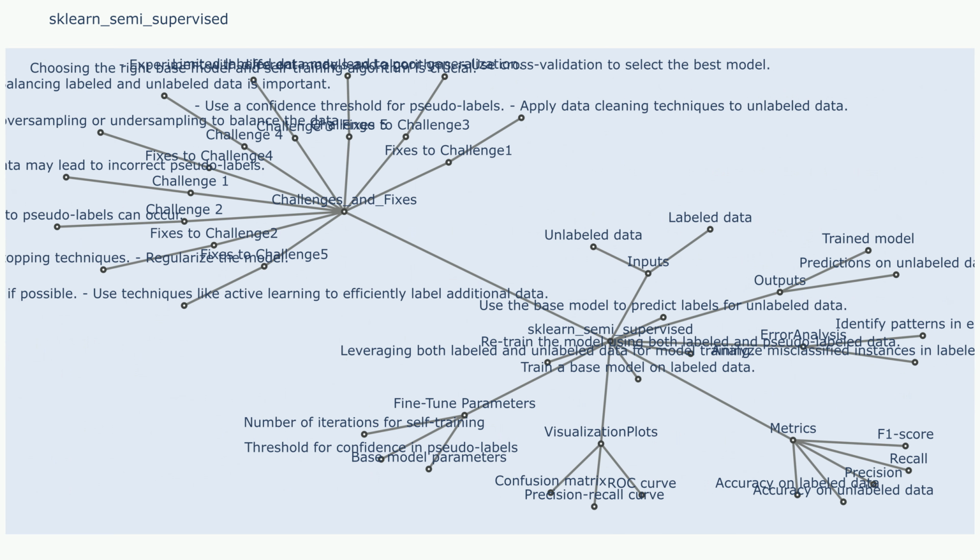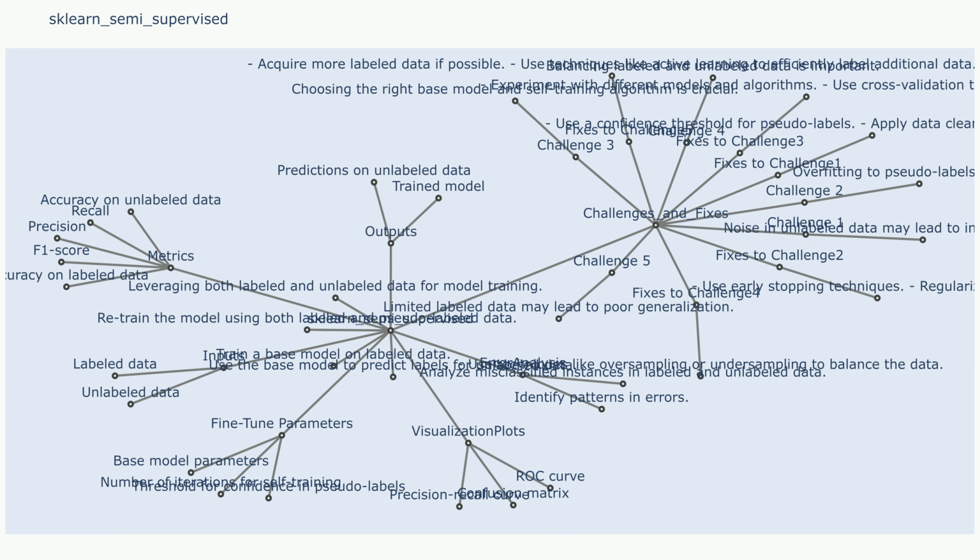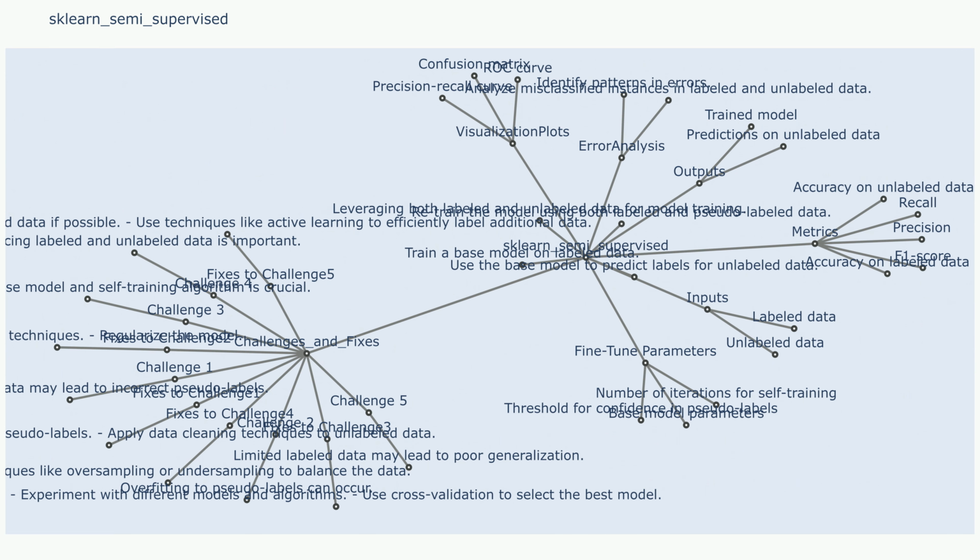Challenge 2. Explain in detail data contamination. If the unlabeled data contains noisy or corrupted instances, it can negatively impact the model's performance. Sample use case that resulted in challenge 2 in a text classification task. If the unlabeled data contains spam messages or irrelevant content, it can confuse the model and lead to inaccurate predictions.